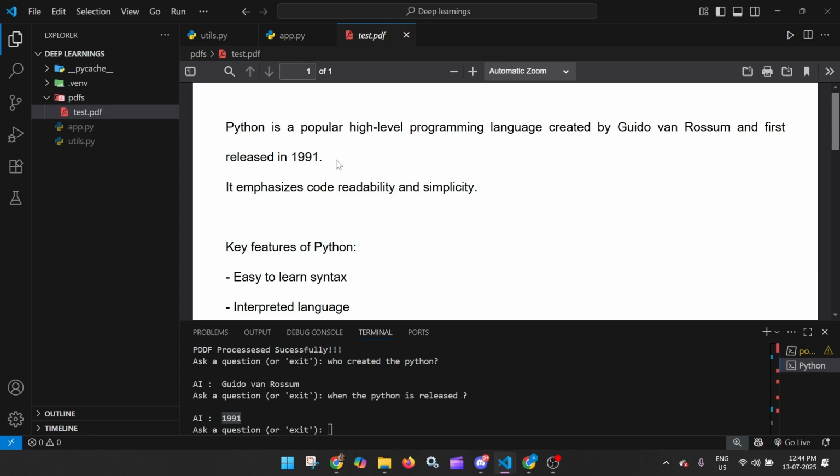So we have successfully created a program where we have implemented the RAG system, in which a PDF file is given as a sample. From there, if you ask some question, the model will extract the text from there. Then it will convert it into chunks, and it will find the similarities between your question and the chunks. And if it finds a match, then it will answer you from